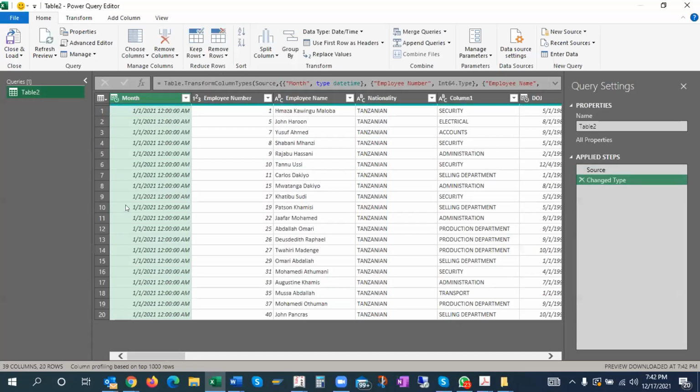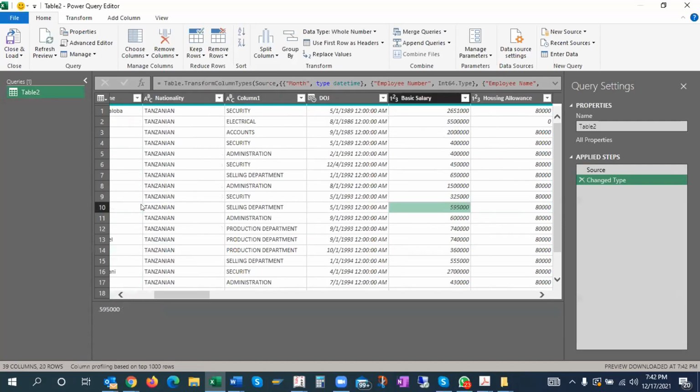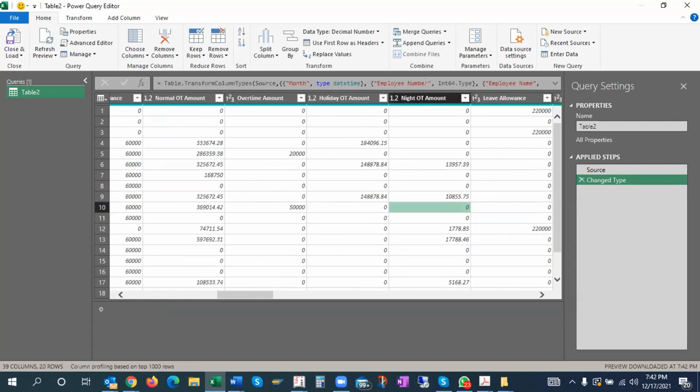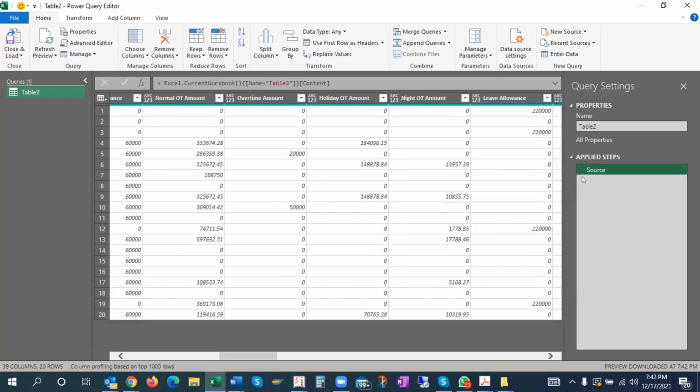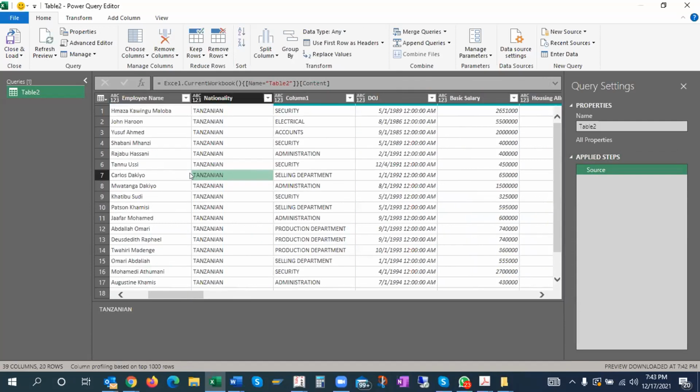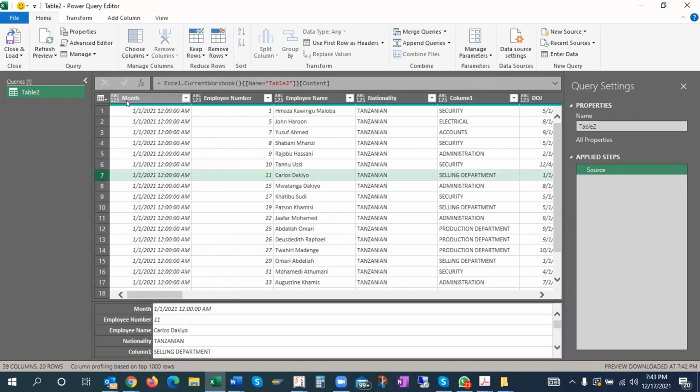I just see that all the details are proper or not. Many a times what happens is that this change type, you see here in applied steps, automatically changes the type of these columns. So what I'm doing is applying the steps for changing the columns.